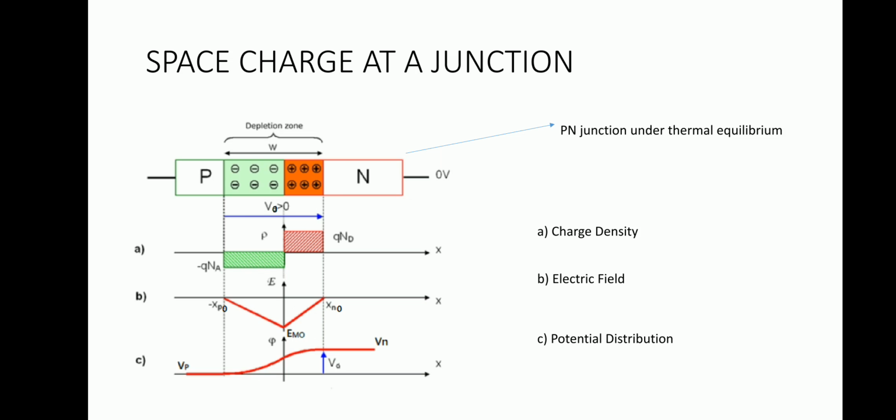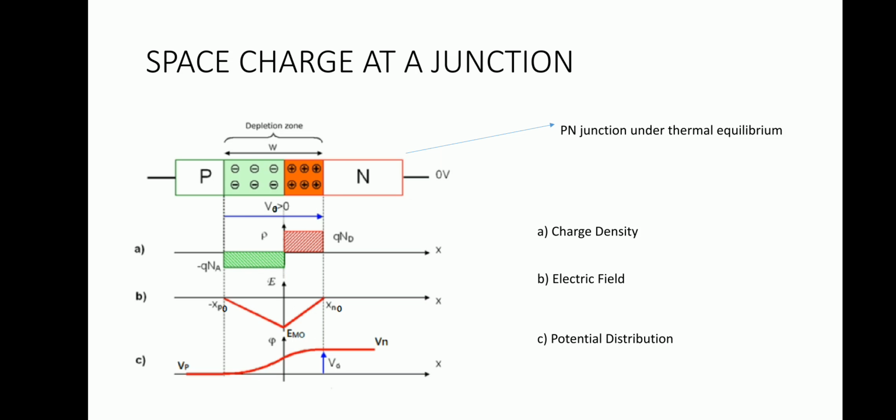We can see that the depletion region extends more into the p side compared to the n side, because the p side is lightly doped compared to the n side. The depletion region extends more into the lightly doped region compared to the heavily doped region. Here the concentration Nd is very much greater than Na. That's why the depletion region is more extended into the p-type semiconductor.